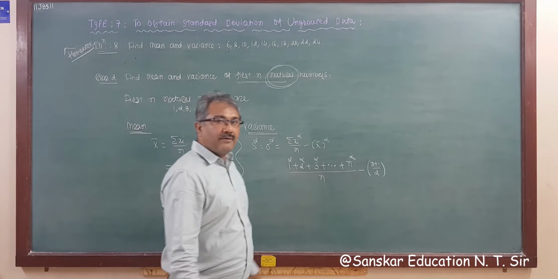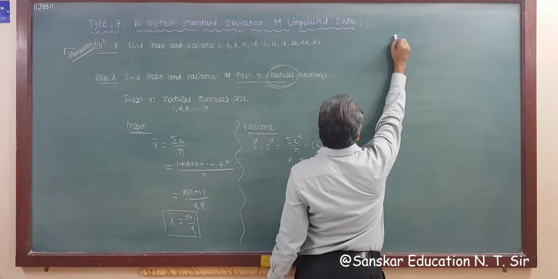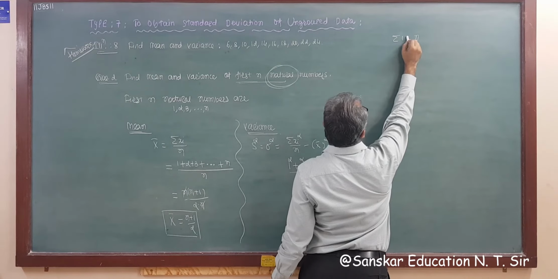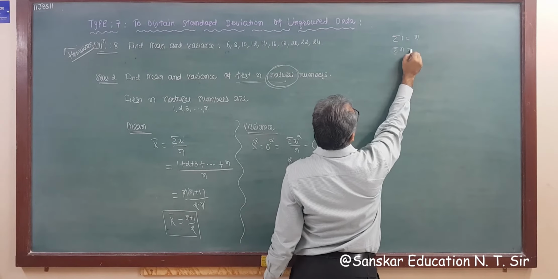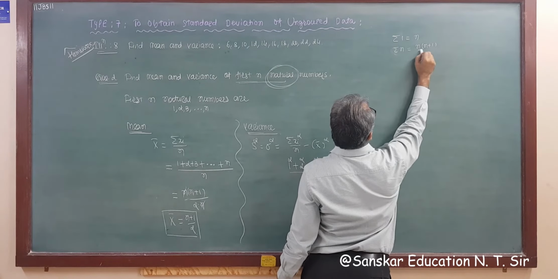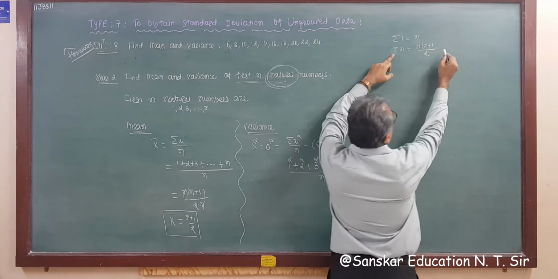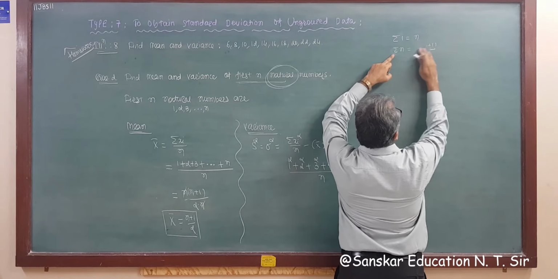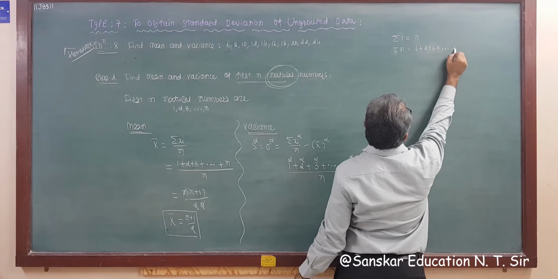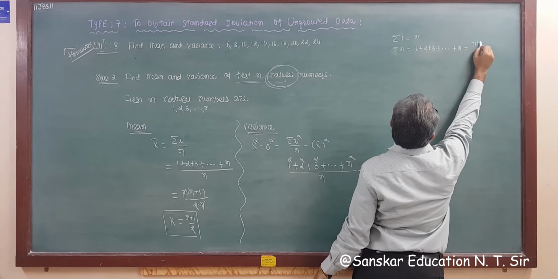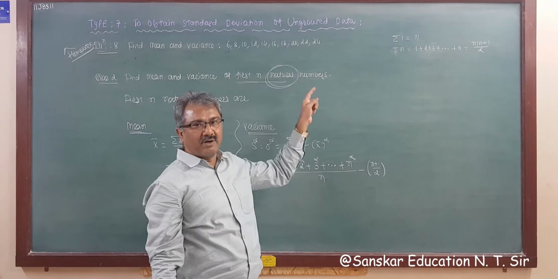Now note down a few formulas for this sigma, right? So you know sigma 1 is always n. Sigma n, that is the sum of the n natural numbers, is n into n plus 1 by 2. So I am writing it like this: sigma n means 1 plus 2 plus 3 plus up to n is equal to n into n plus 1 by 2. This formula you have to remember, right?